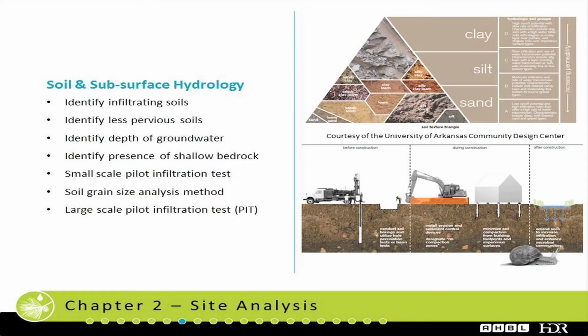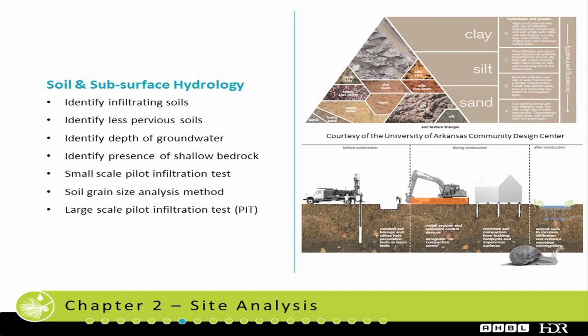Okay, the next general category is soil and subsurface hydrology. We want to identify infiltrating soils. In some areas, for example around the Tri-Cities, infiltration is not really an issue. We know we have terrifically infiltratable soils. There are perhaps pockets and places where we have clay layers or restricted soil layers, but generally,